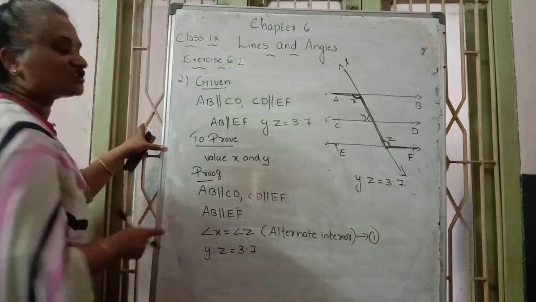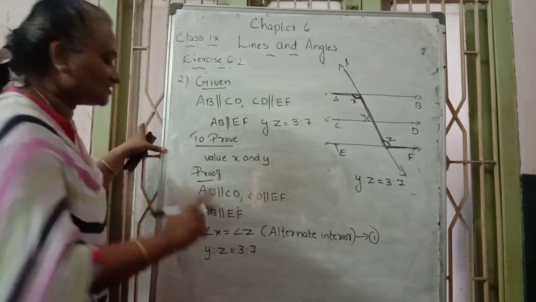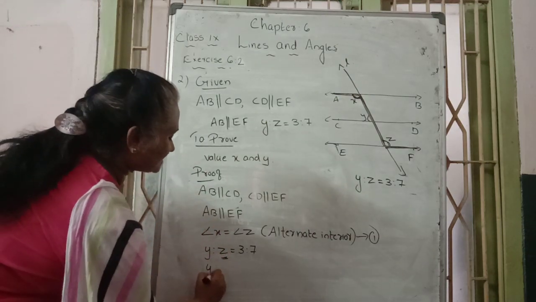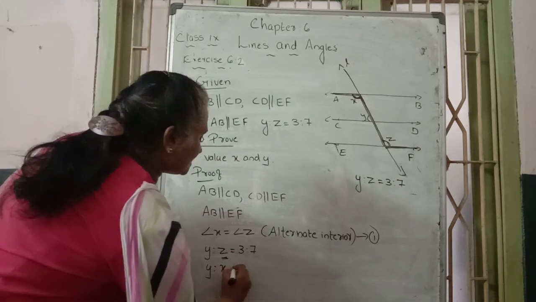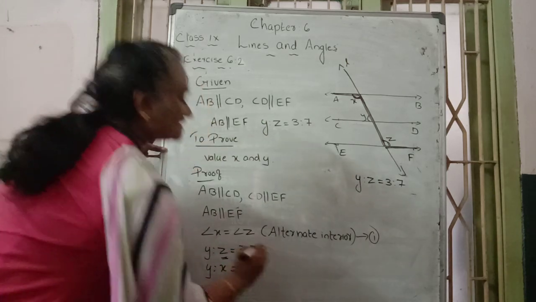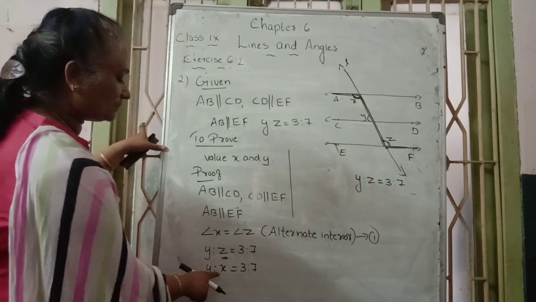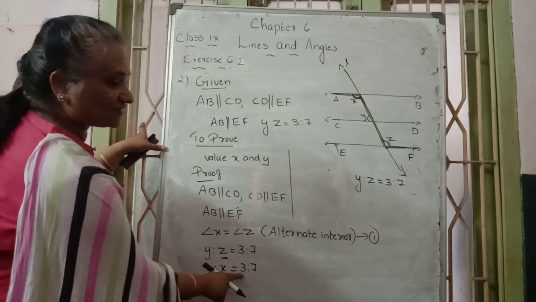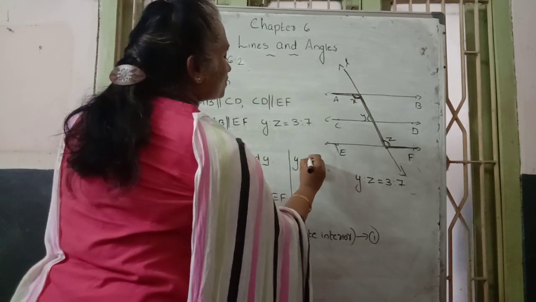But just before, we proved that x and z are equal angles. So instead of z, which value can we write? X angle we can write is equal to 3:7. Then substitute the values. How to substitute? Here y represents the first ratio, that is 3. That means y is equal to ratio 3.